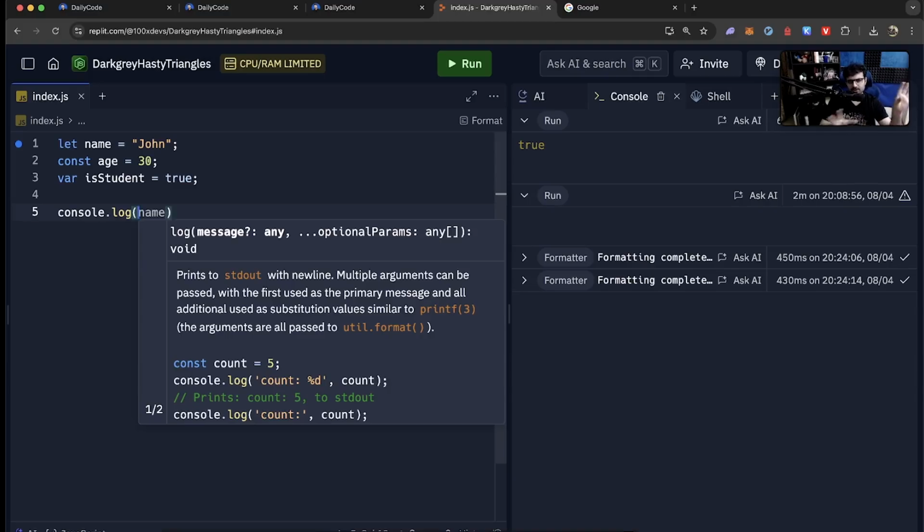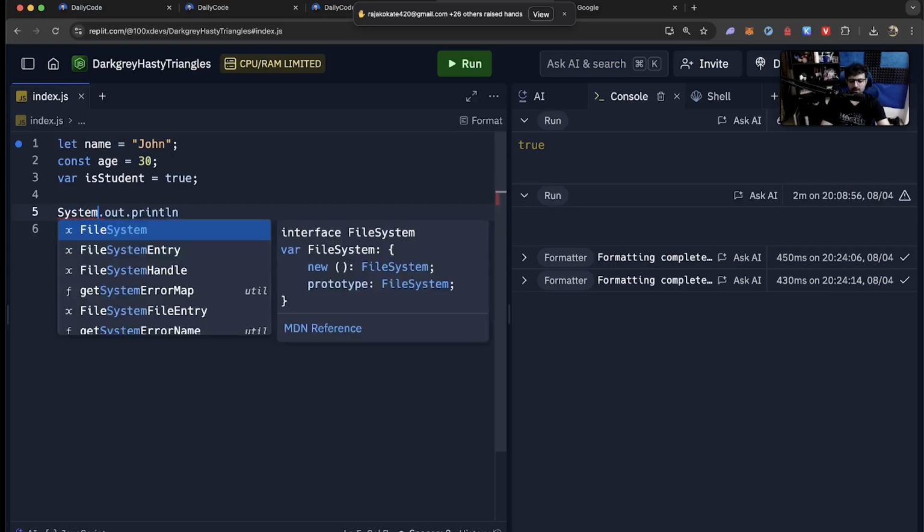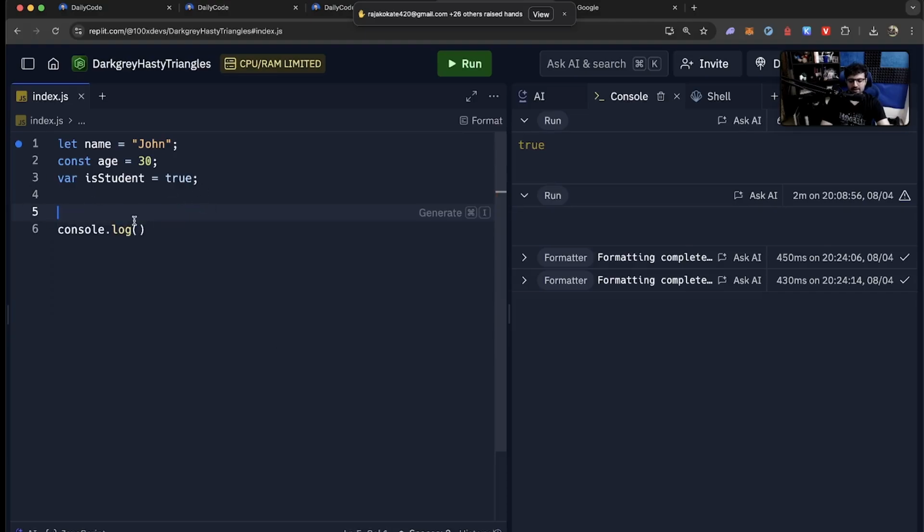If you have done C++, you might have written cout. Similarly in Java, you might have written System.out.println. In JavaScript, you write console.log, let's say name, and then age, and then isStudent.